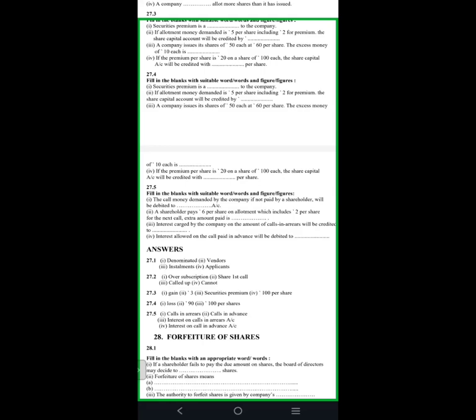A company issues its shares of rupees 50 each at rupees 60 per share. The excess money of rupees 10 each is